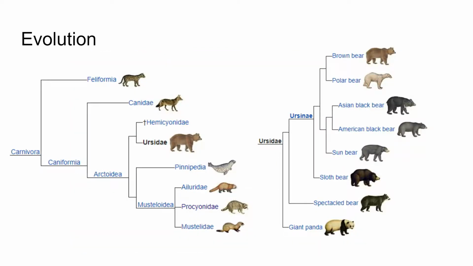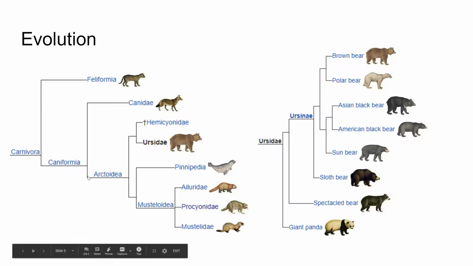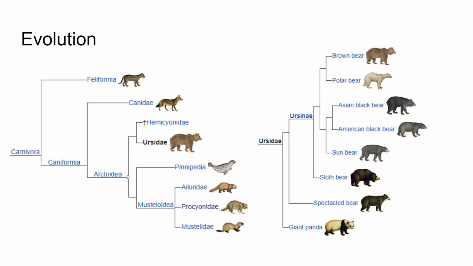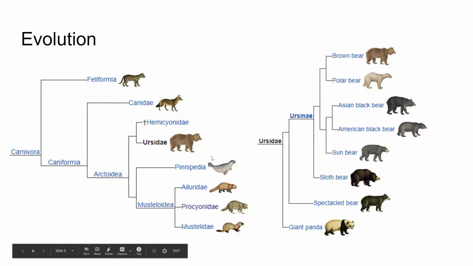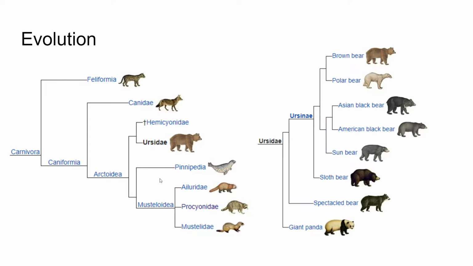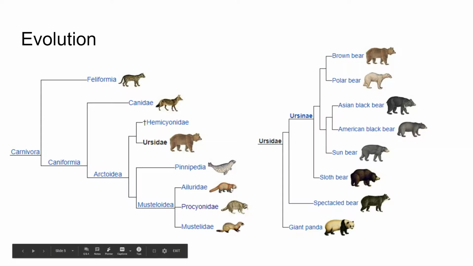So, a little bit about bear evolution. Bears share a common ancestor with, of course, all carnivores, but then you have the dog group branching off from bears and other similar kinds of animals. Most recently, they share a common ancestor with seals and mustelidae, which are like weasels and raccoons and badgers and some different things like that.